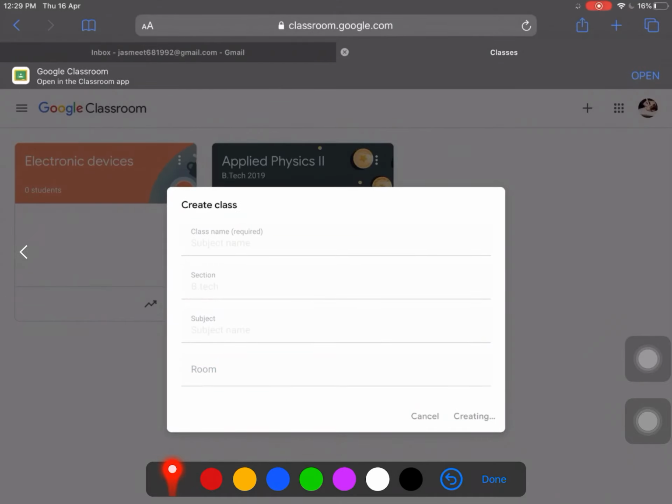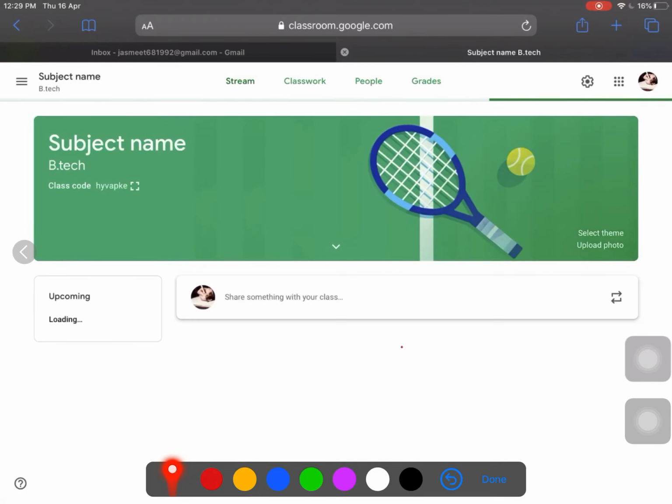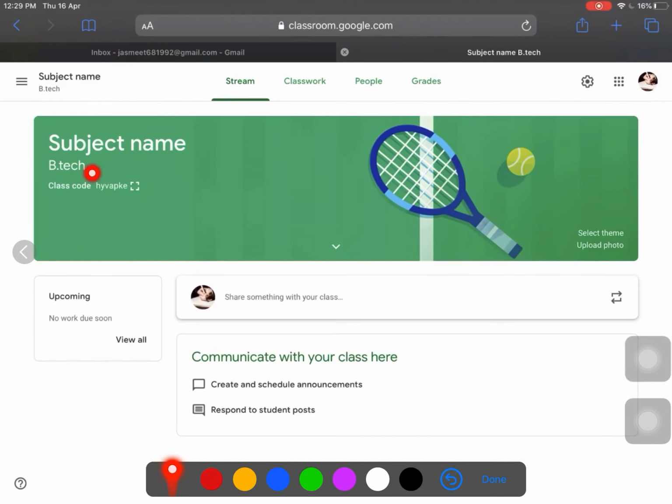After clicking create, your Google Classroom is ready. Now on the left hand side, you can see that there is a class code which you can send on the WhatsApp groups. This is how your student will join this class,